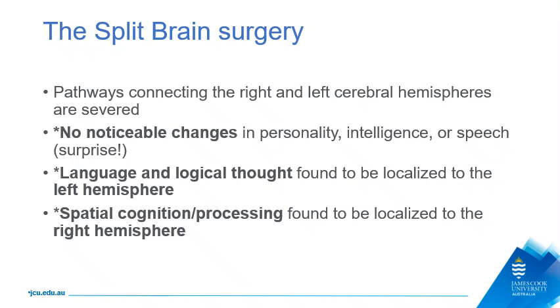There will be no noticeable changes in personality, intelligence, or speech. Somewhat surprisingly, language and logical thought were found to be localized to the left hemisphere, and spatial cognition processing were found to be localized to the right hemisphere. This is based on the brain surgery